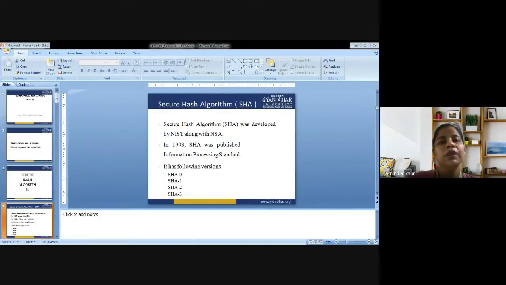So the .sha1 file extension indicates a checksum file containing 160-bit SHA-1 hashes in sha1sum format. The .md5 file extension, or a file named md5sums, indicates a checksum file containing 128-bit MD5 hashes in md5sum format. The .sfv file extension indicates a checksum file containing 32-bit cyclic redundancy check, that is CRC32 checksums, in simple file verification format. The next is .crc, which indicates a checksum file containing 32-bit CRC checksums in brik format.